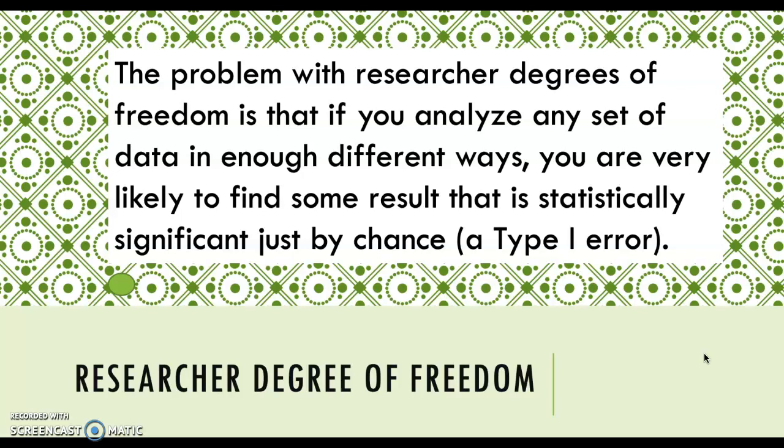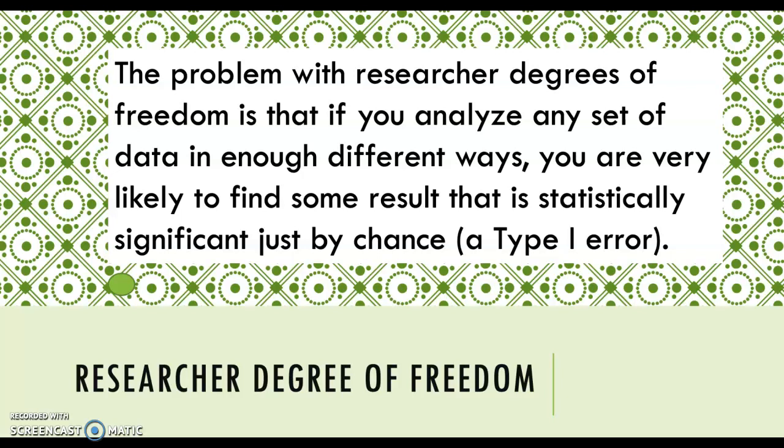A similar researcher degree of freedom is when researchers include multiple conditions in a study, but drop some of them when reporting the results. The problem with researcher degrees of freedom is that if you analyze any set of data in enough different ways, you are very likely to find some result that is statistically significant just by chance, a type 1 error. In fact, Simmons and his colleagues showed that researchers who take advantage of all these researcher degrees